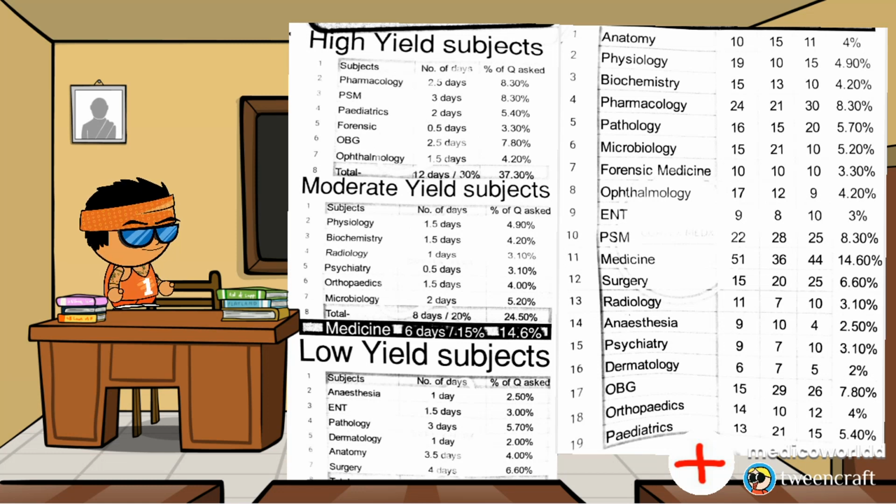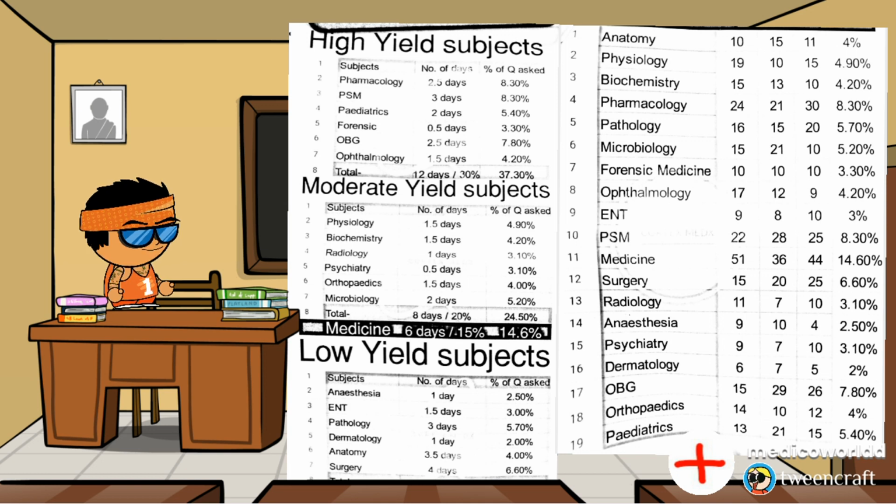Hello everyone. Here we are discussing the entrance test examination subjects. The subjects are divided into three parts: high yield subjects, moderate yield subjects, and low yield subjects. The number of days and the percentage of the questions asked according to the subject will be discussed by my